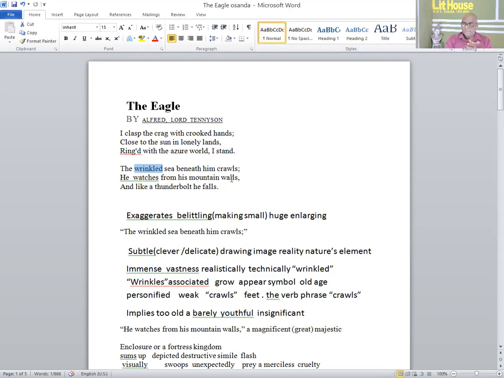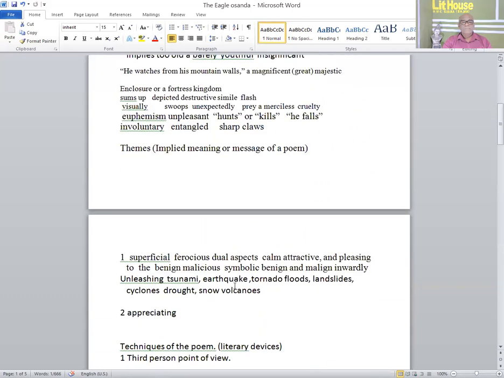But the eagle is not wrinkled. He is not wrinkled yet. It means the eagle is youthful, not even old. He is very youthful and strong, not weak. This is another exaggeration or hyperbole, overstatement. It is implied, not directly mentioned, as in the above case. Okay, write down